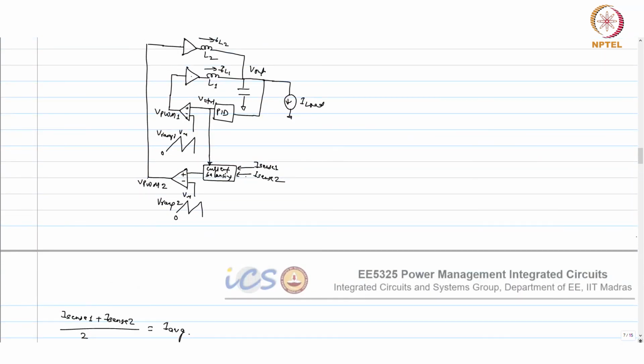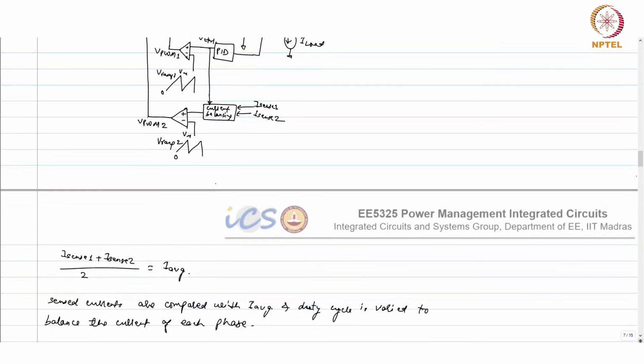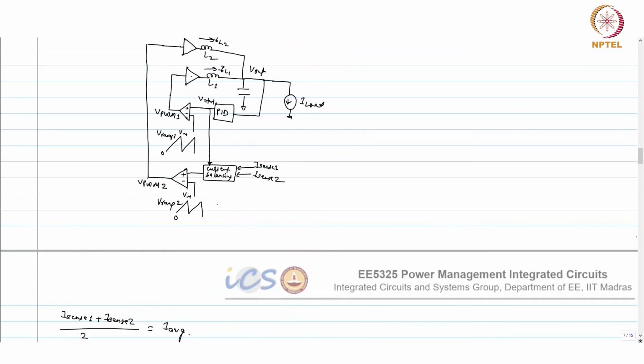So you can subtract or add depending upon how much is required, or it may have its own integrator also, because you are comparing something, it will generate an error. That error can be accumulated, and digitally you can correct the duty cycle, or you can implement it in an analog way and add or subtract the voltage from V control, which is going to the comparator. So now this will be VCTRL dash, I will call it. It's a V control.